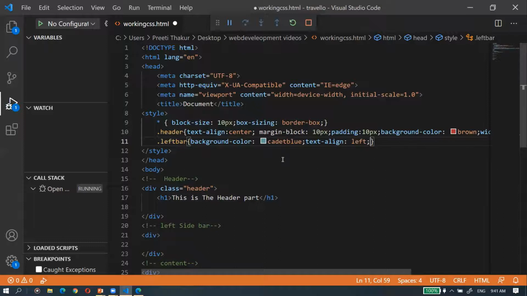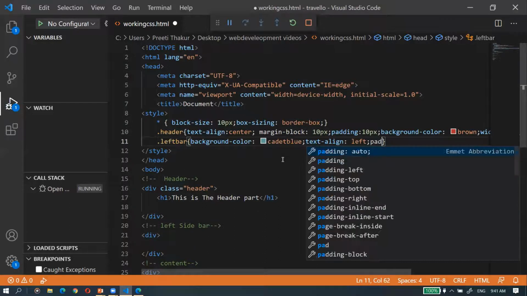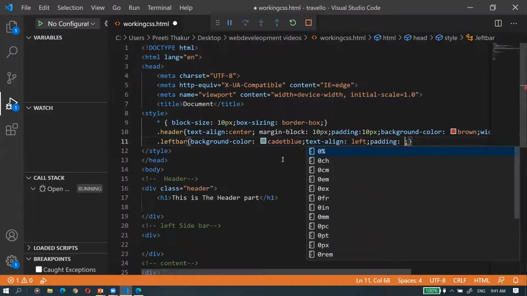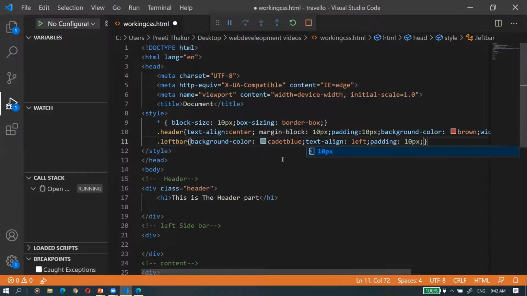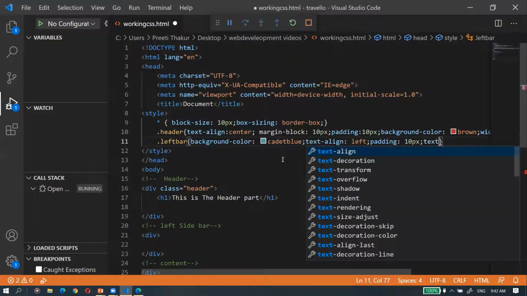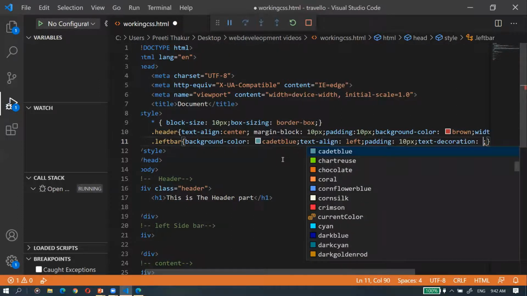and then margin and padding also I can set. So set the padding 10 px, so that it will just have a gap of 10 points, right? And text color we can also set, text decoration.